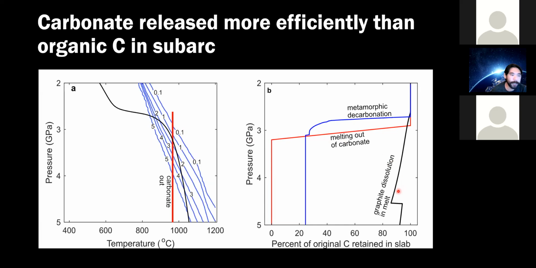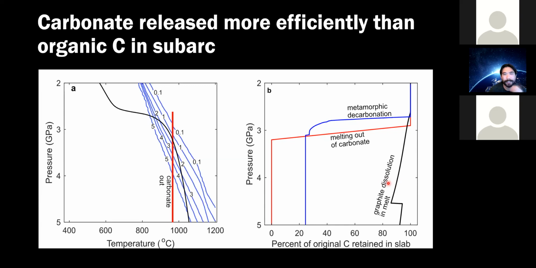In comparison, what we're showing here is what happens to graphite along this PT path. I'm talking about graphite now because as you subduct this organic carbon up to higher pressures and temperatures, it's going to essentially alter and metamorphose into graphite. These are some of the experiments that I and others were working on during my PhD to look at what happens if you start melting one of these slabs in the presence of graphite,